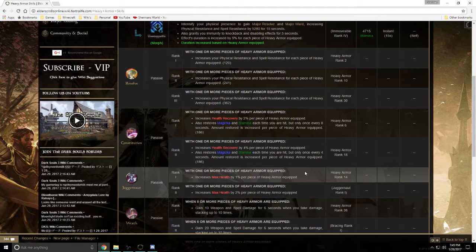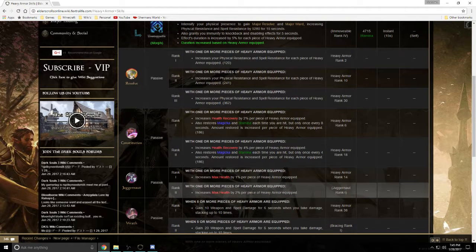Next is Juggernaut. Increases your max health by 2% per heavy armor equipped. Now this is really good, especially if you're wearing heavy armor. Remember I told you, if you're wearing 5 pieces of heavy armor, you're going to get 10% max health. Now depending on your race and your class and all that kind of stuff, you're going to get extra health